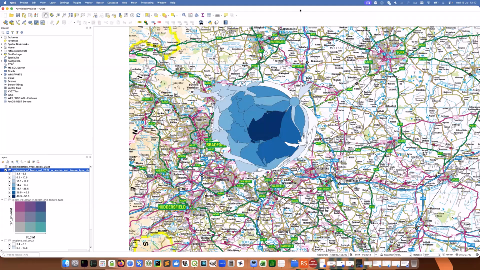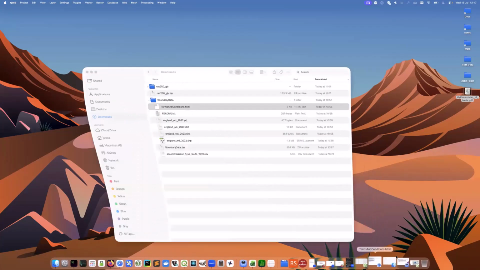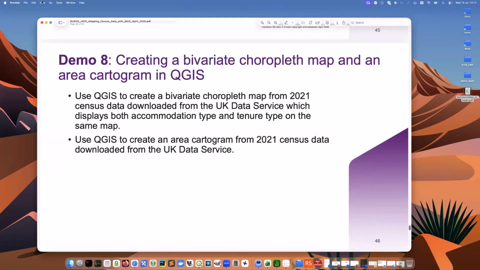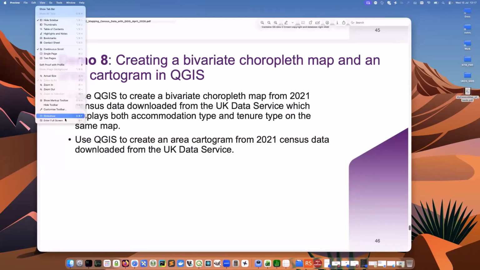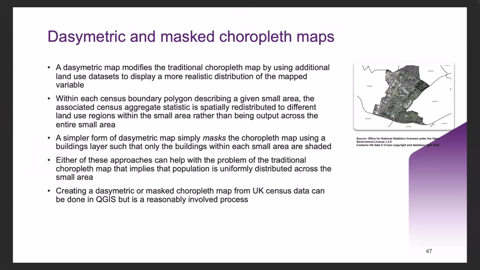So that's the demonstrations of everything in the workbooks of how you manipulate the data and create a univariate choropleth map, a categorical map, a cartogram, and a bivariate choropleth map. I've got some final slides, and then we'll maybe go through some questions, and then we'll bring the workshop to a close. So as I say,